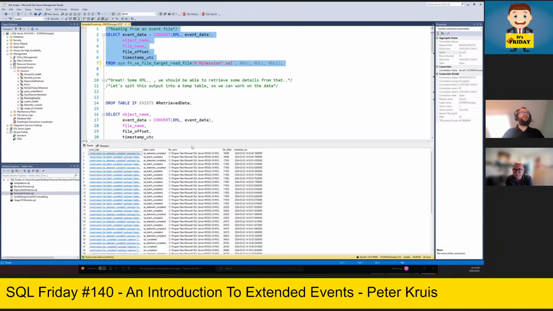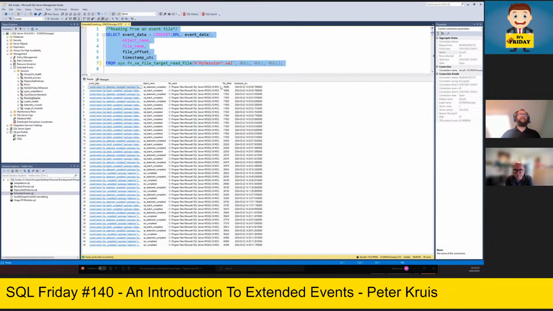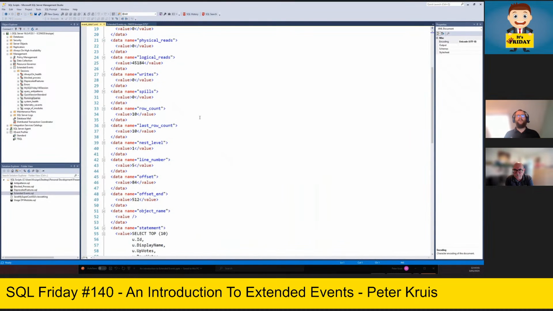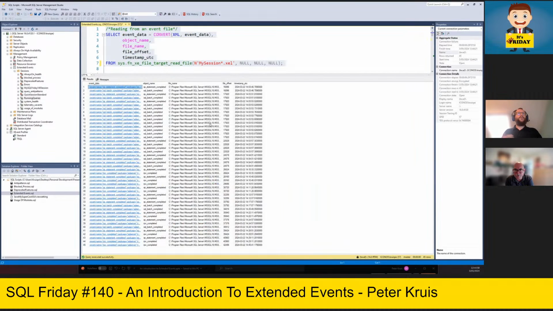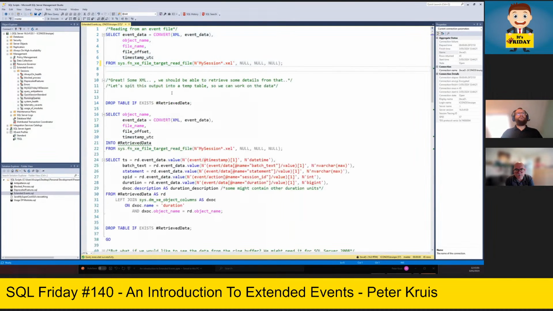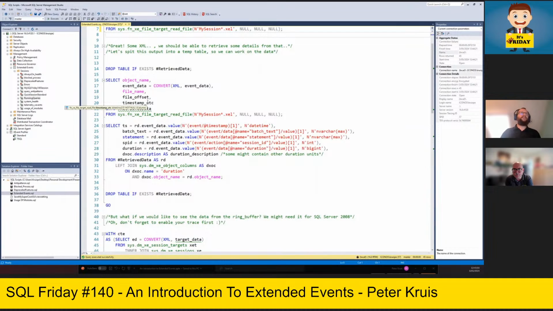And here you can see the XML of it with all the events, what happened, and also the same information we see when our live feed happens. So in this case, we have an airplane which retrieves the users from the Stack Overflow database. Makes sense. What can we do with the data? Well, for example, you can spit this into a temporary table and do some more filtering or details on it.